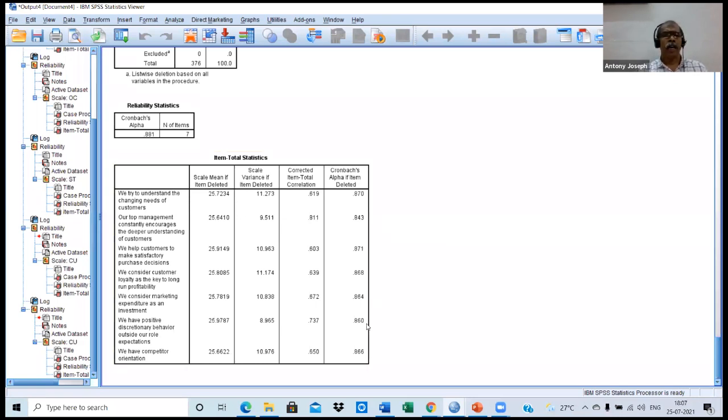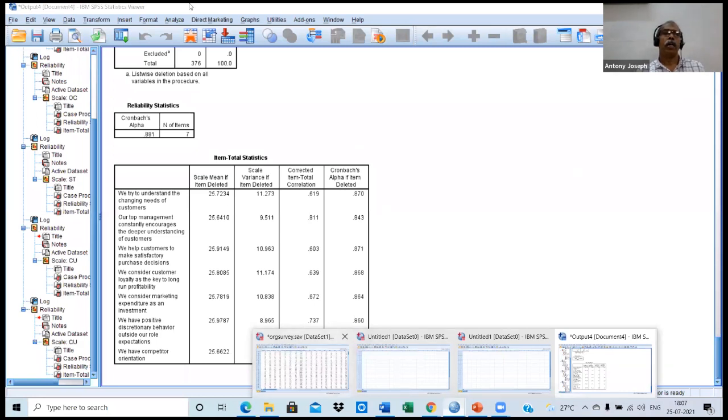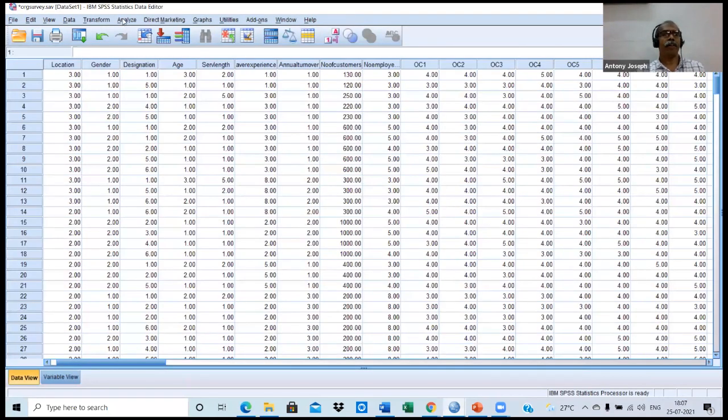Okay, all have high level of correlation. That means in your research, you will use only statements from 1 to 7 only. There were 8 statements, but we can use only 7 statements. The 8th one is being deleted. Even though you have collected data with respect to that statement, you can't use it. That is the meaning. Okay, moving on to the next one. Again, we have some scales. It's a very big instrument.